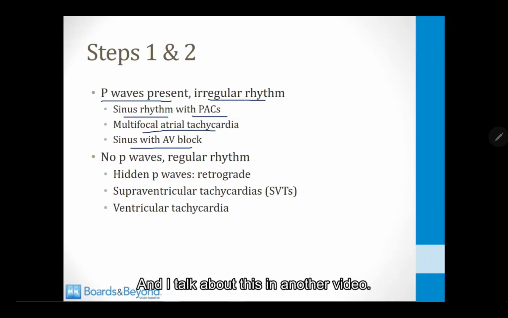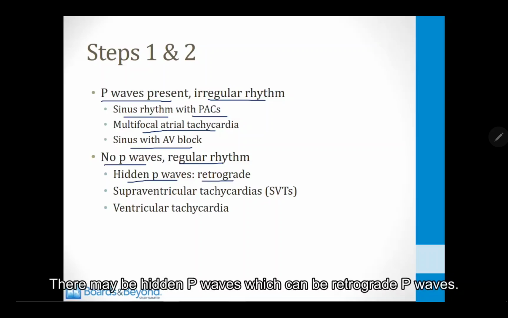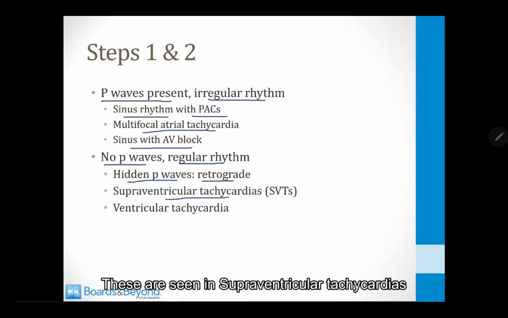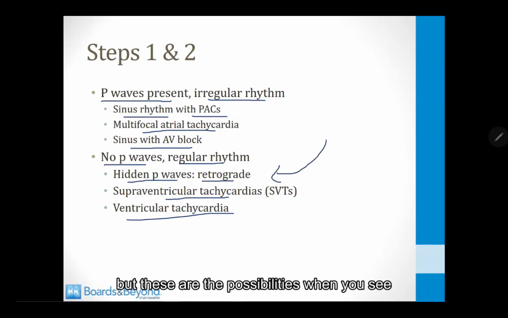this in another video. If you see no P waves and the rhythm is regular, then it can be some of these things I've written on the slide here. There may be hidden P waves, which can be retrograde P waves. These are seen in supraventricular tachycardias and ventricular tachycardias. These are relatively uncommon, but these are the possibilities when you see an absence of P waves in a regular